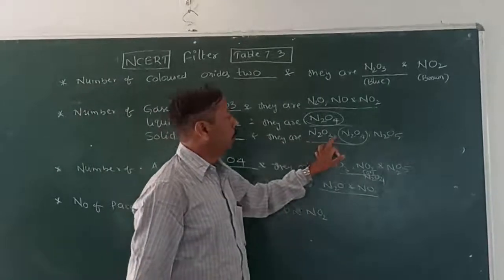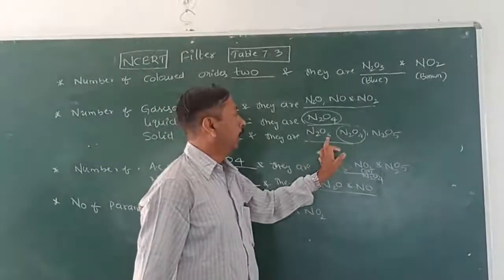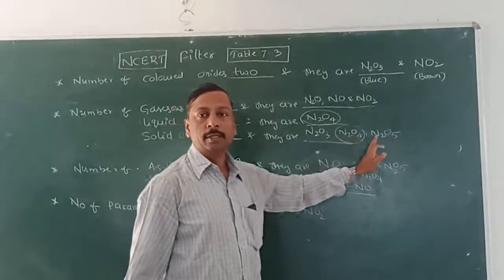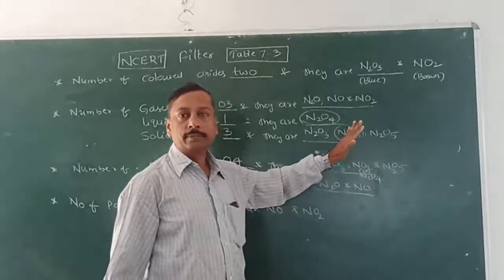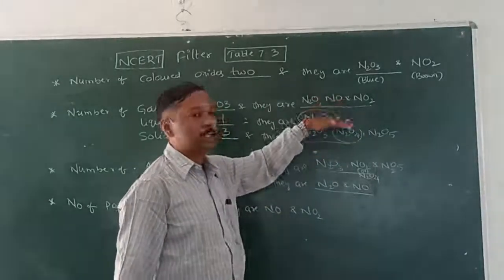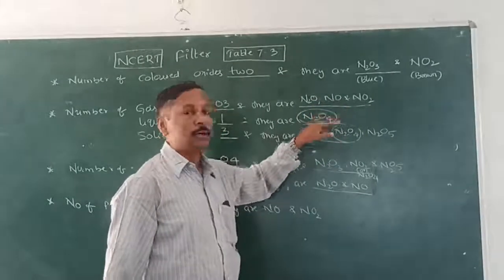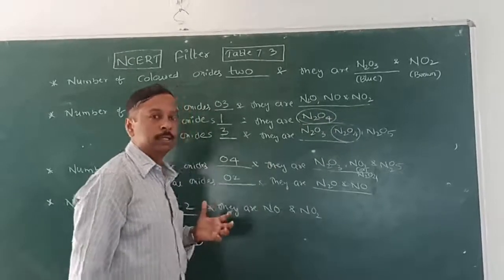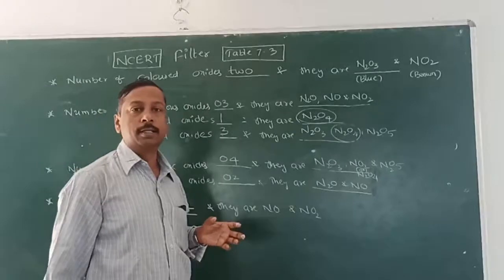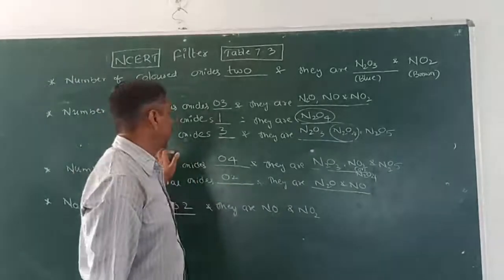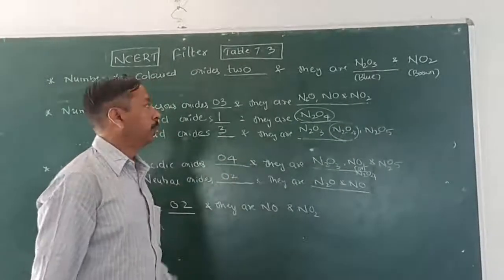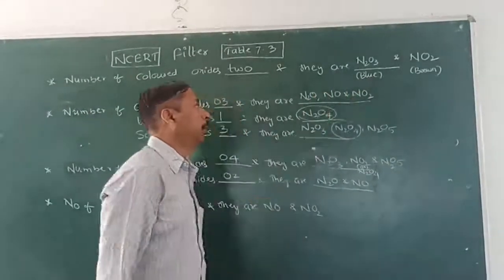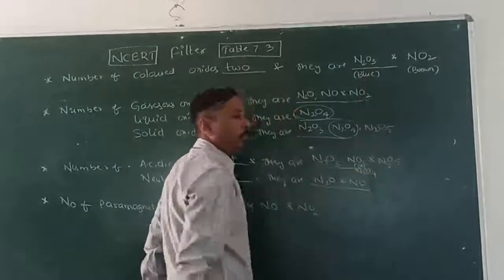Especially you can see more number of oxygens. Once the number of oxygens is beyond 3, then only they will be in the solid state. Whichever oxide has less than 3 oxygens per molecule will be either liquid or gaseous. That means the larger the molecular size, the more the tendency to exist in the solid state. This way you can remember. You will remember sesquioxide and blue color, and it is colored only in the monomeric state.